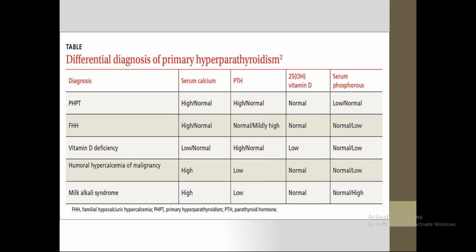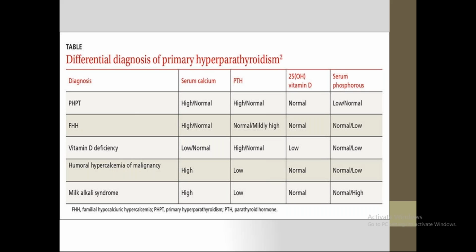One is humoral hypercalcemia of malignancy. That is, if there is any malignancy present in the body, like solid organ tumors such as breast and lung, and in case of leukemia and lymphoma, there will be secretion of parathyroid hormone-related peptide. That in turn will cause increased serum calcium levels. One more mechanism for humoral hypercalcemia of malignancy is an autoimmune mechanism, which in turn will be responsible for increased calcium levels. So, to differentiate primary hyperparathyroidism from humoral hypercalcemia of malignancy, one test to be done is to check the levels of parathyroid hormone-related polypeptide.